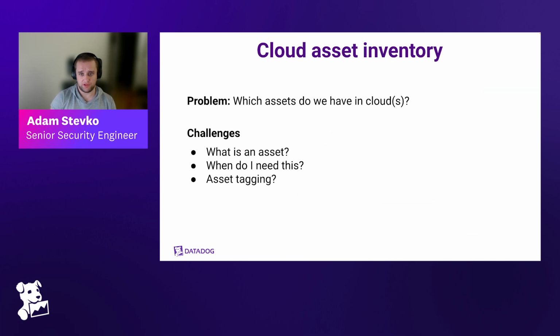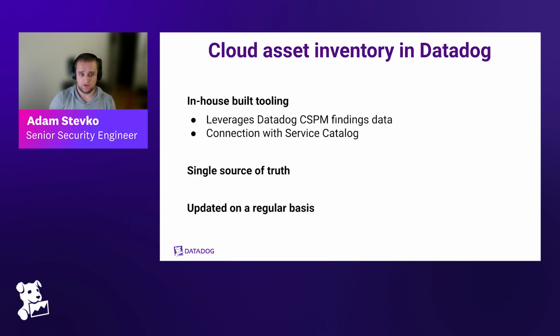Going forward with the cloud asset inventory, this is related, Nick, to your question. So you stated the question correctly. Challenges here: every company defines the asset differently. For some, it can be just the service. For others, it can be an S3 bucket, security group, auto-scaling group, and so on. Another big thing is when people are not sure where to start, if they actually need it, and if the assets should be tagged. The way we dealt with it in Datadog was that we have our own CSPM solution,